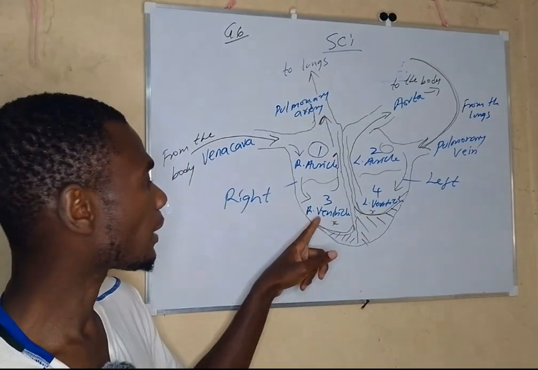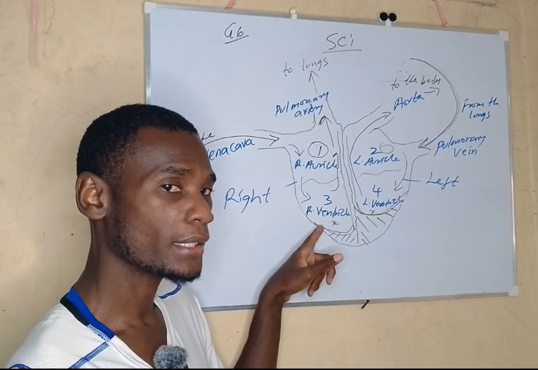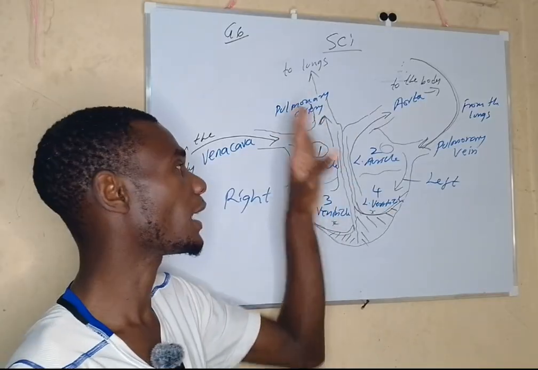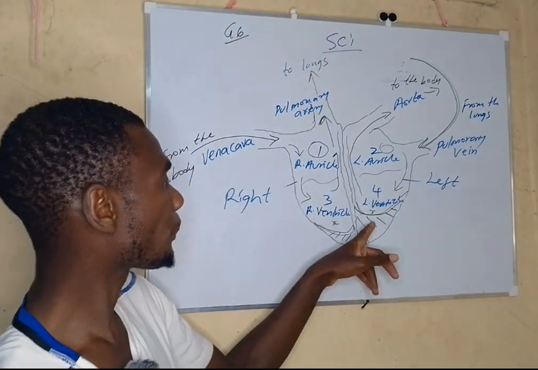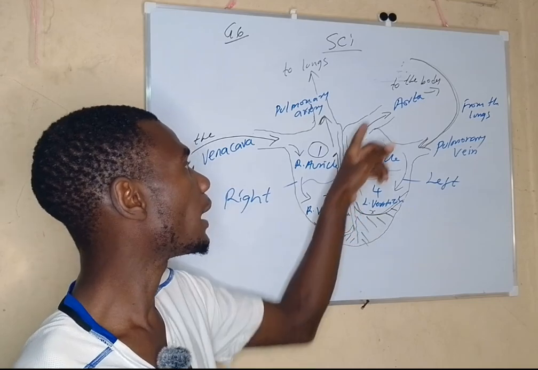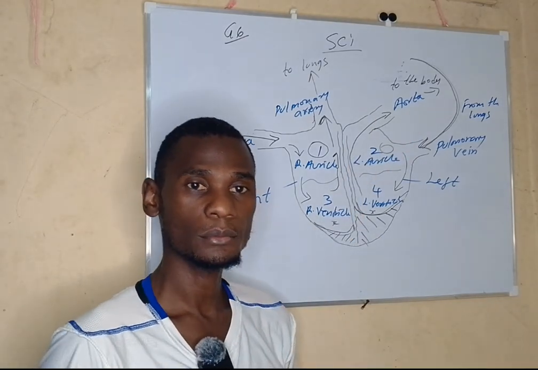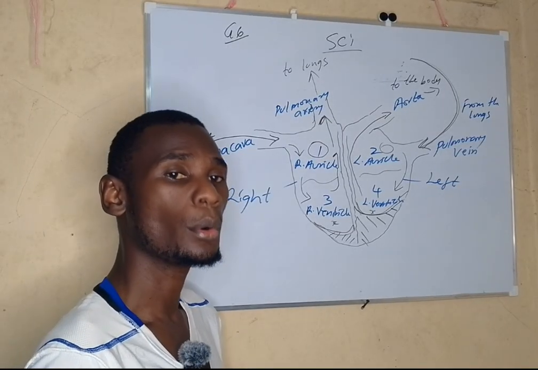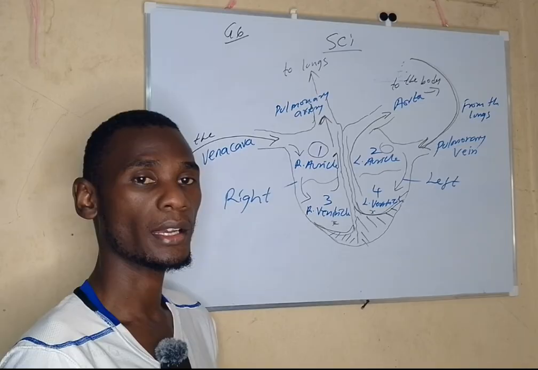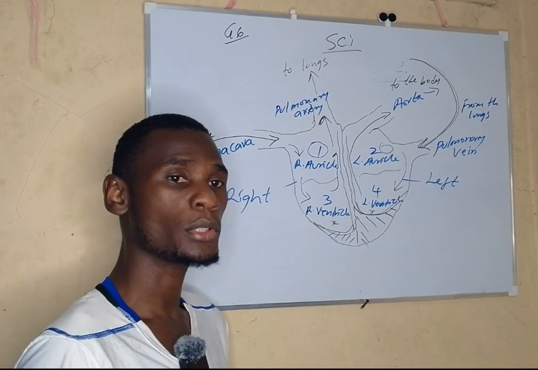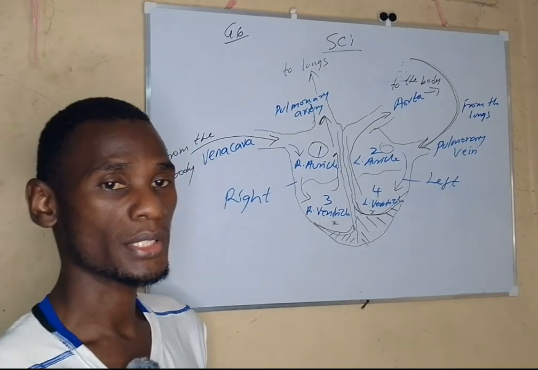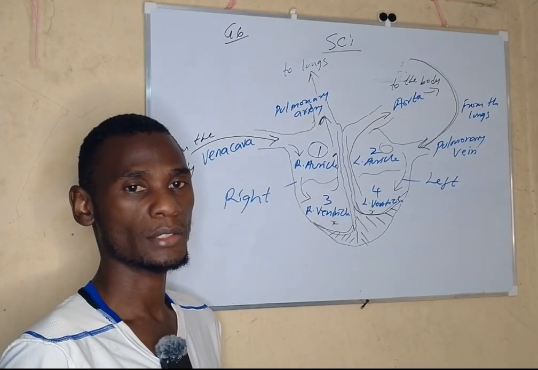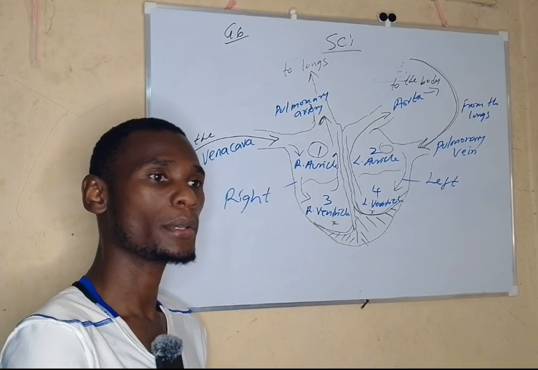Now if you look at the right ventricle, where does it pump blood? To the lungs only. Only to one place, the lungs only. But if you look at the left ventricle, it pumps blood to all parts of the body. So just like real life experience, if you have a big home and you want to supply water through pumping in that whole big home, there is a type of pump you are supposed to buy. A small pump can only pump water to a small distance or a shorter distance. A big pump will pump it to all parts of the body.